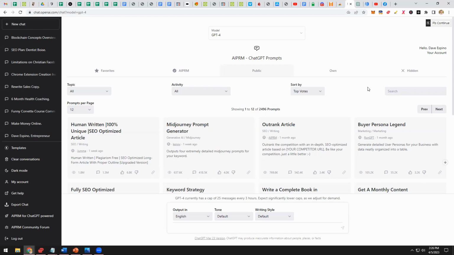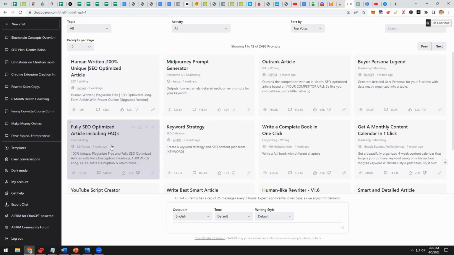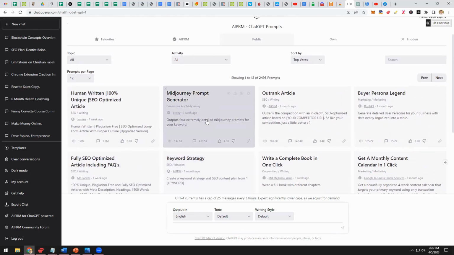Within ChatGPT. Yeah, pretty amazing. Now, notice it has 2,400 potential prompts here. I'm going to just show you the first page really quick, but once you install AIPRM and you integrate it with ChatGPT, and it gives you instructions on how to do this, you'll notice that it will write an SEO optimized 100% unique article for you. That's not even what I'm going to talk about today, but that's amazing, and we'll show you how you can use that. Fully SEO optimized article, including FAQs, develop a keyword strategy for SEO, mid-journey prompt generator, outrank your competition